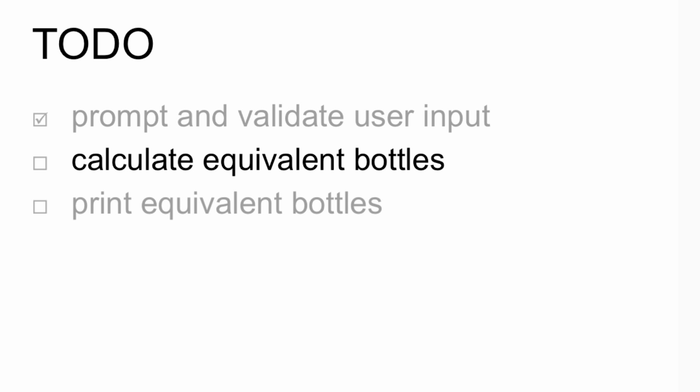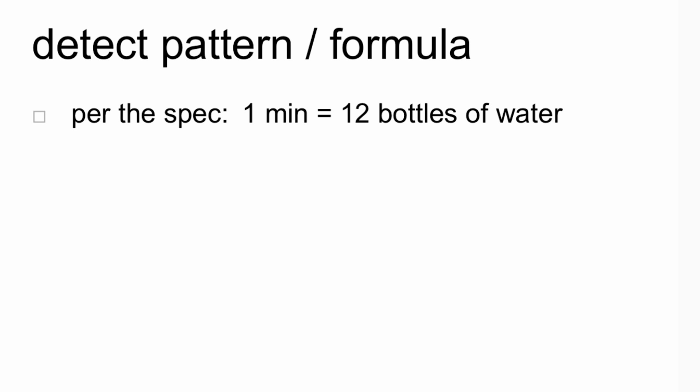All right. So now we have a valid user input, a positive integer value for how many minutes they spent in the shower. So what's next is to calculate the equivalent number of bottles. What we're going to do here might be very obvious to you at first, and that's okay. But what we want to do is we want to start practicing the idea of detecting patterns and developing formulae